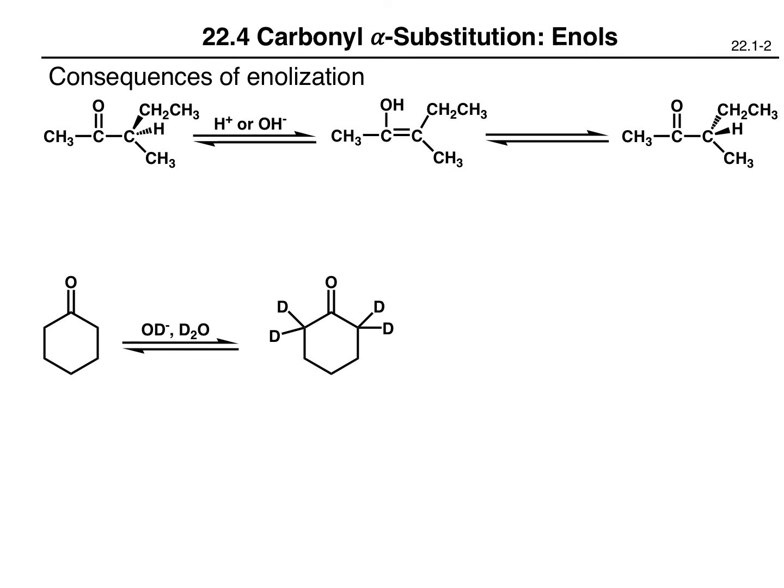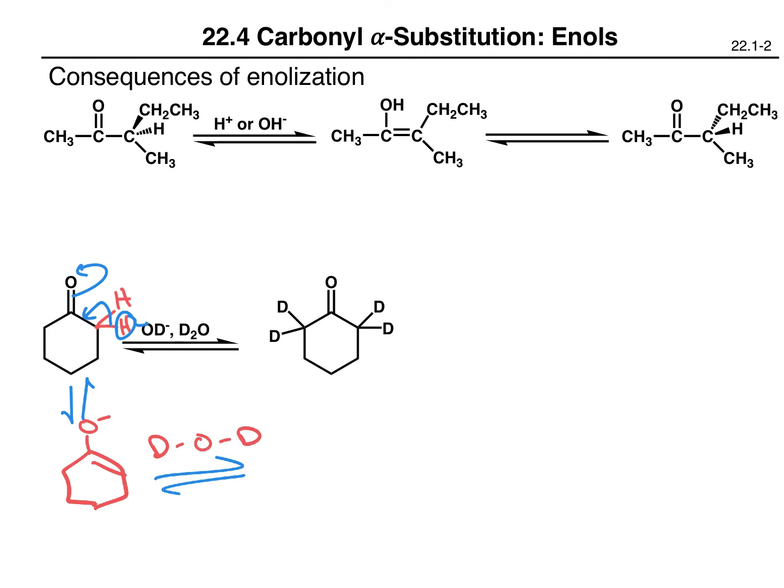So we have a couple of hydrogens on the carbon that's adjacent to the carbonyl, and following the enolization mechanism, the base can grab off this proton, putting these electrons here, putting these electrons back up here. When this tautomerizes to the enol form, it is likely that the O- will grab a deuterium, because that's what we have present, D2O. So we're going to get